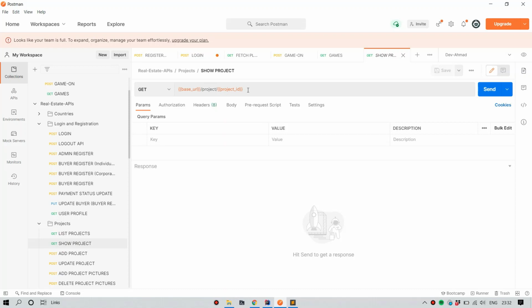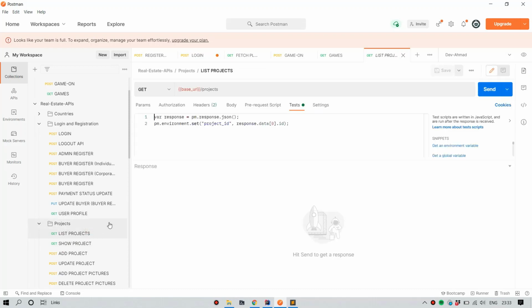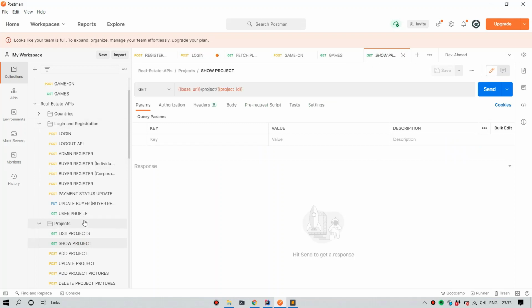So I set another environment variable with project id, and whenever I listed the projects, I took one of the projects from the list, took the id of that project, and set the environment variable project id with that id. That way I can just log in, hit list projects, hit show project, and it will work. It will always work. I do not need to do anything else.